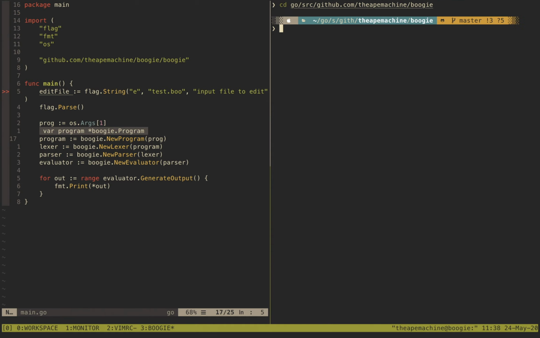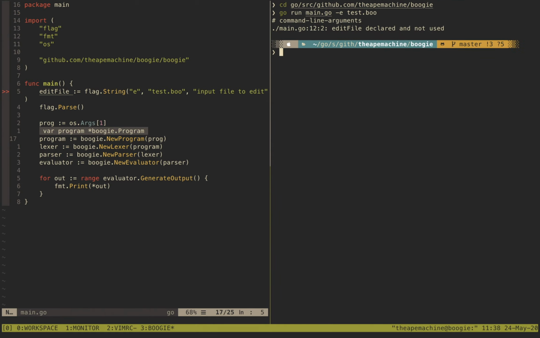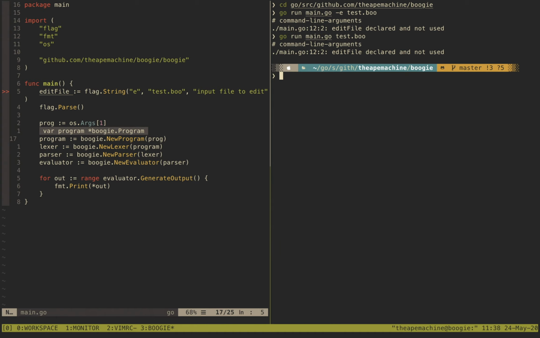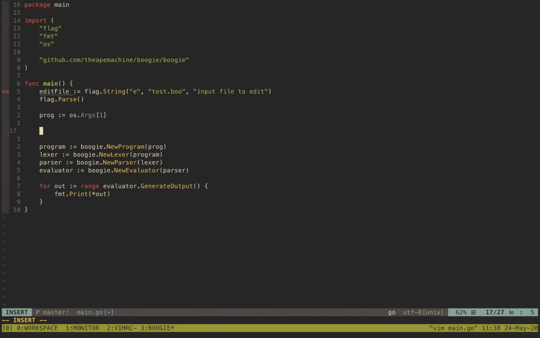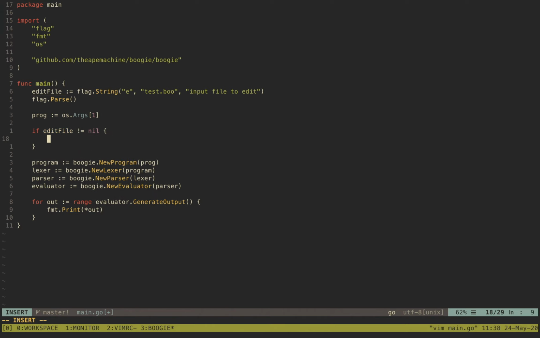The reason that this doesn't work is because these things are conflicting. The way that a program takes in its program is different from the way that edit file is set up. So in any case, if we actually are passing the file name correctly,